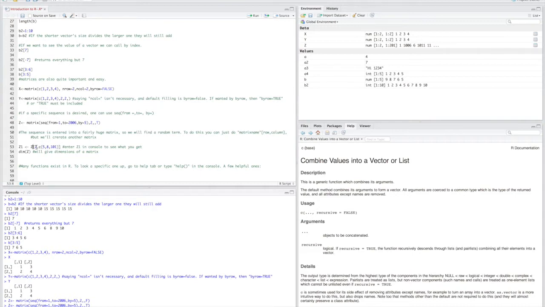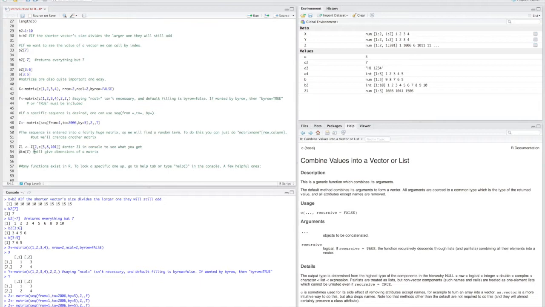So in this case, we're calling row 2 and then columns 5, 8, and 101. Again, we're using concatenate because we want to call multiple columns. So to z1 we will assign row 2 and then columns 5, 8, and 101 from the matrix Z we